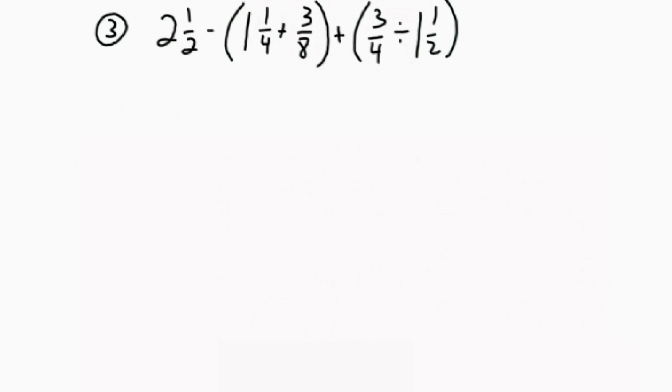plus, and we don't have to convert the 3/4, but we have divided by, and now 2 times 1 is 2, plus 1 is 3, so we get 3/2. And in here, I'm not going to do a separate line for this one this time. I can see here that I need a common denominator between 8 and 4. So I know I need to multiply my denominator here by 2, so I also multiply my numerator by 2. And now on my next line, I have 5/2 minus 2 times 5 is 10/8 plus 3/8, and then plus,